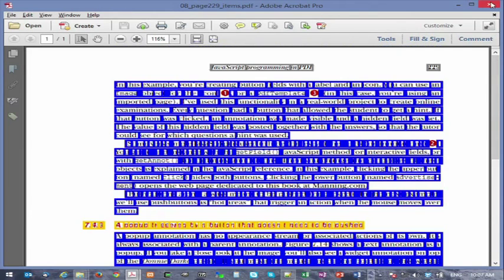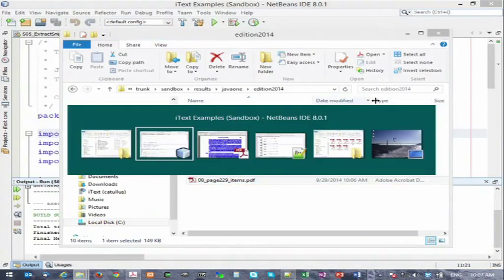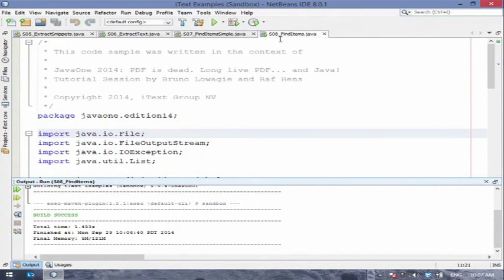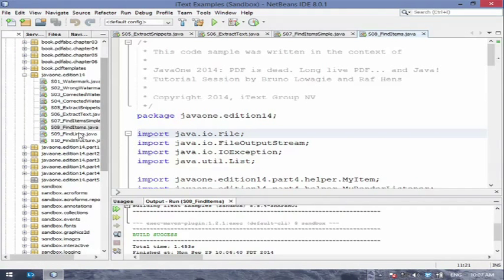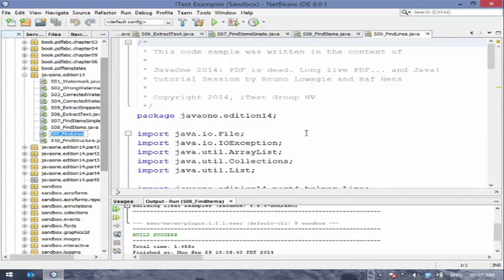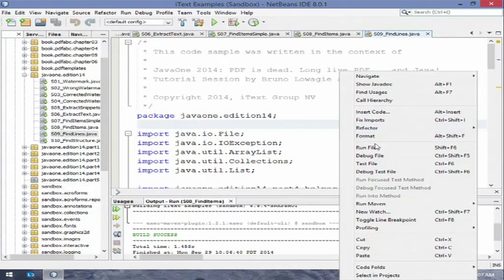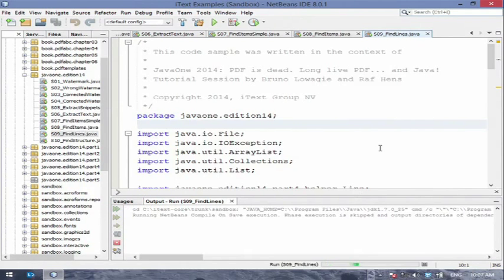Of course, we still have some work to do. So now let's try to piece together all the different parts of text so that we can actually have text lines.